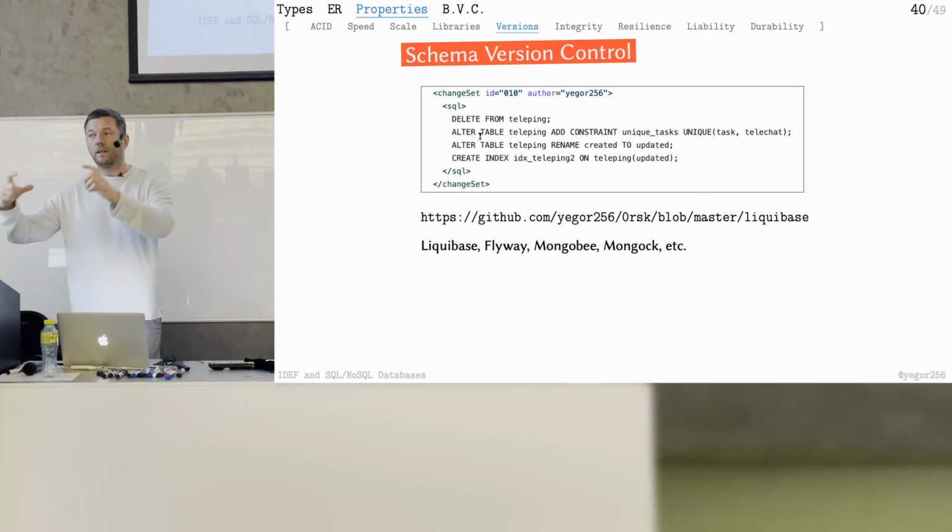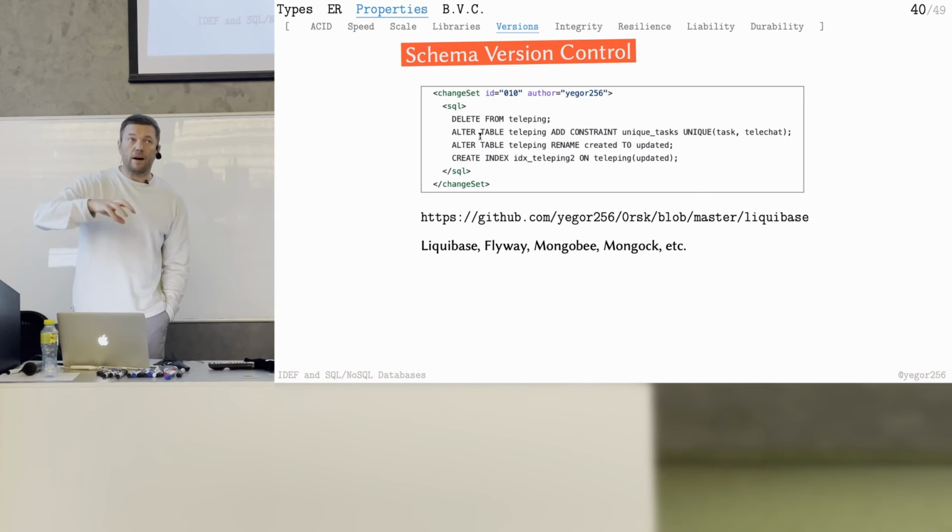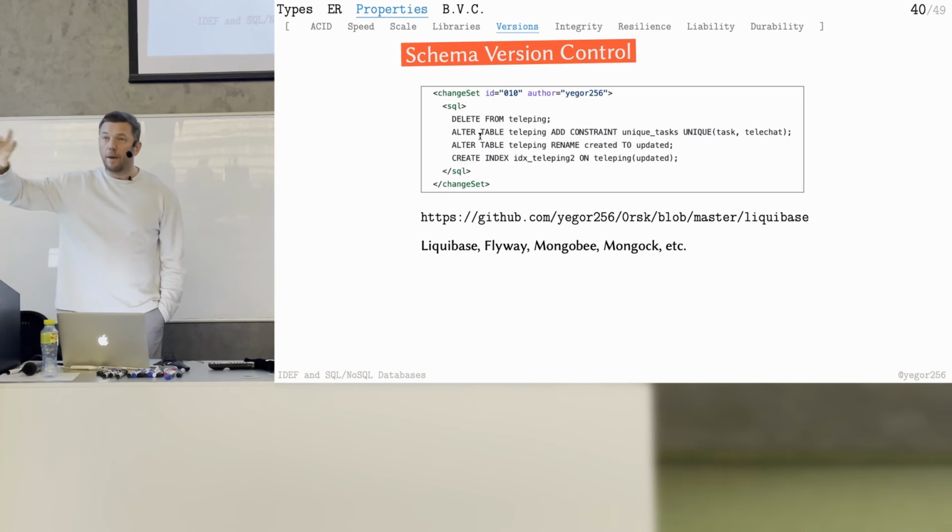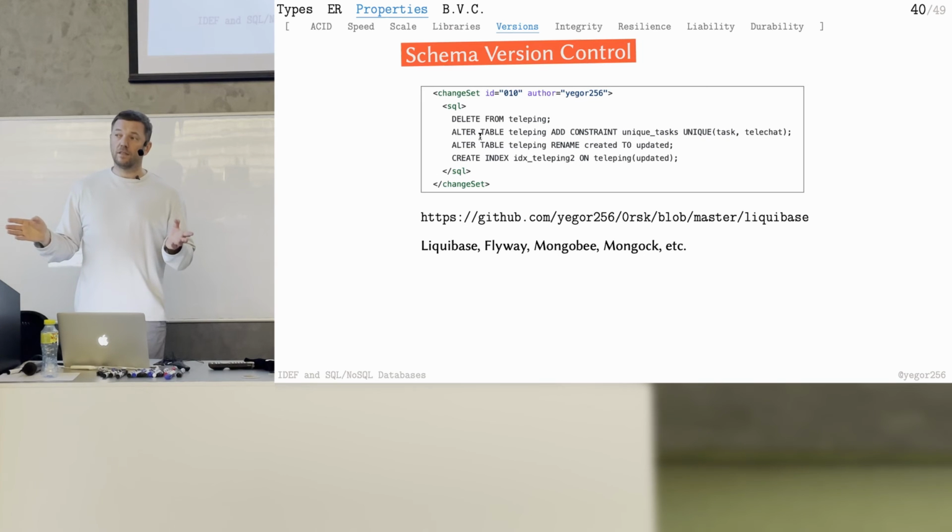Then I put this file into the repository. And then on the next continuous deployment, continuous delivery cycle, the file goes to production. And Liquibase there automatically makes the changes to the schema, preserving the logs, the information, everything. So if tomorrow somebody asks me who did the changes, who deleted the table, everything is there, managed by Liquibase. So it is like Git, but for databases.